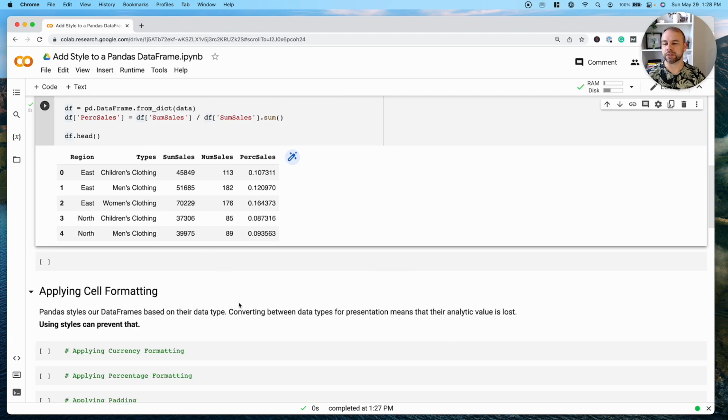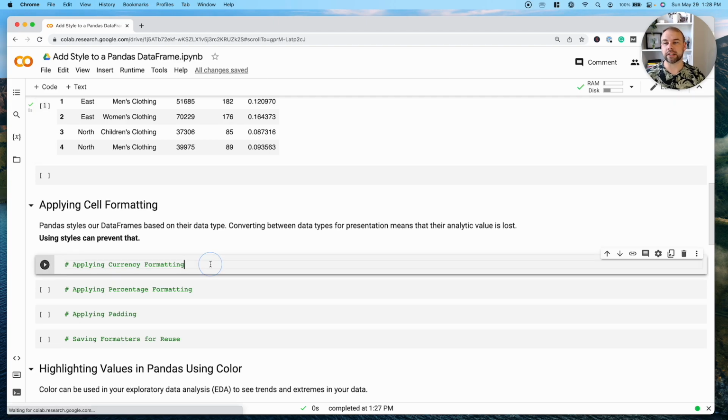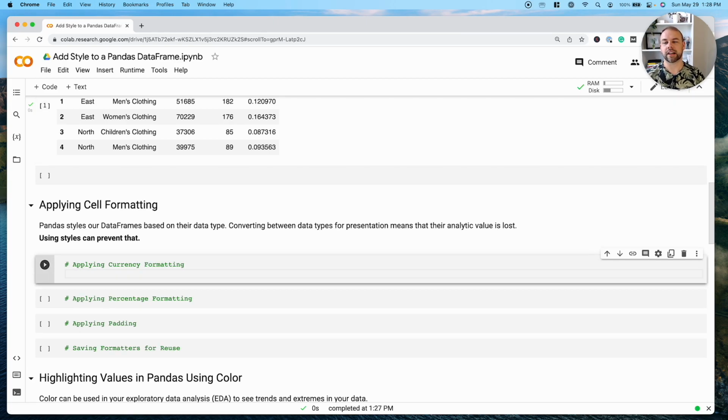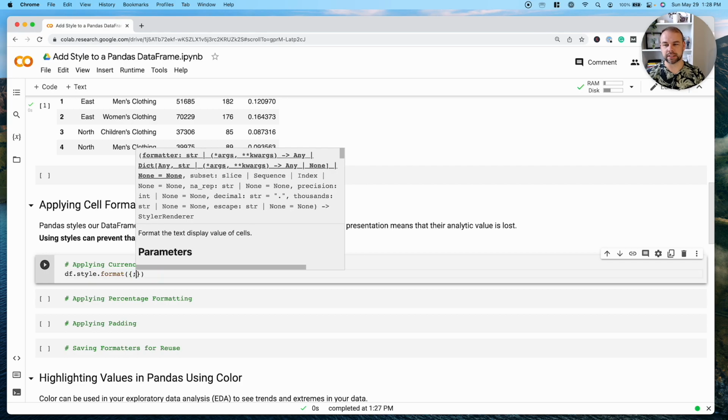So let's take a look in our first section here about how to apply cell formatting to different cells in our data frame. So the first thing that we'll take a look at is actually applying currency formatting to our data. So Pandas has this very neat style attribute that we can access. So we can type df style, and this opens us up to being able to work with different pieces in regards to the styling of our data frame. So let's call the format function here, and we're going to pass in a dictionary related just to a particular column that we want to apply formatting to. So what we're going to do is access the sum sales column here,